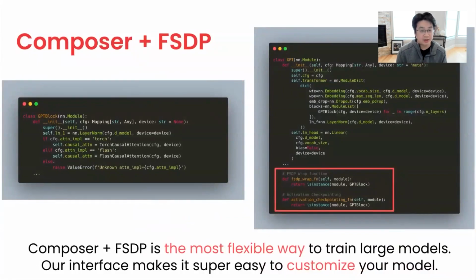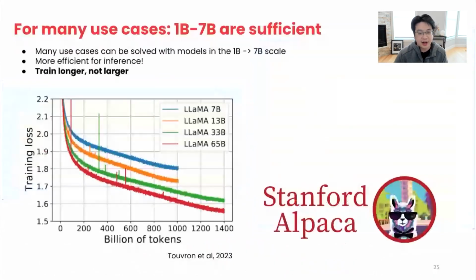And by the way, all of this is open source in our GitHub repo, MosaicML/examples/LLM. You'll see all of our code and our optimal configurations for training these large language models. And even customizing your own model is really easy. You just have to implement a few functions that will define which model layers you want to wrap with FSDP. And oftentimes you don't even have to worry about this because we've spent the time to optimize these model implementations and provide optimized configurations across many different model scales for you to get started with.